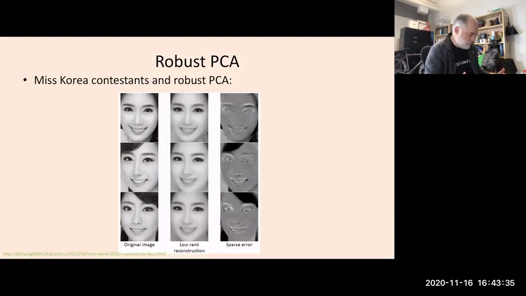A little hilarious political commentary. There's a paper that ran PCA on images of Miss Korea pageant entrants, and they found, I believe, I didn't reread the paper this year, but I believe from years past when I looked this up, that 2 principal components was enough to explain most of the variation in robust PCA, which is to say there's the low rank reconstruction. The sparse error is basically, if you notice, really actually only the direction in which the hair was parted. Other than that, it's